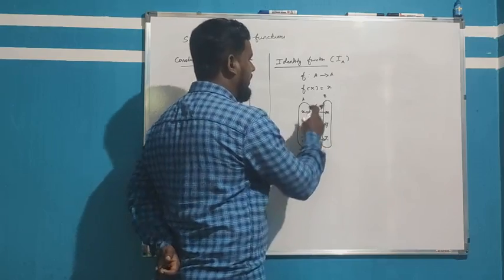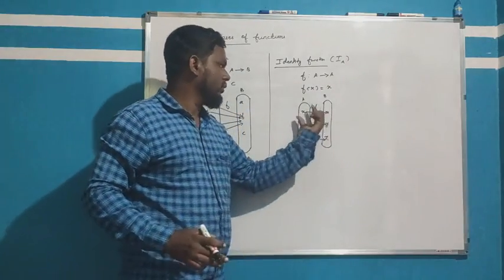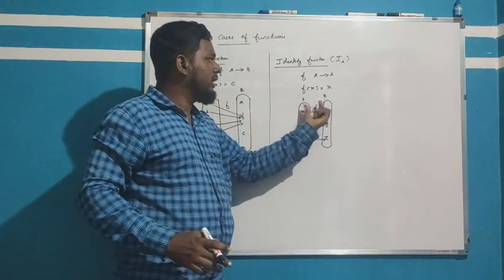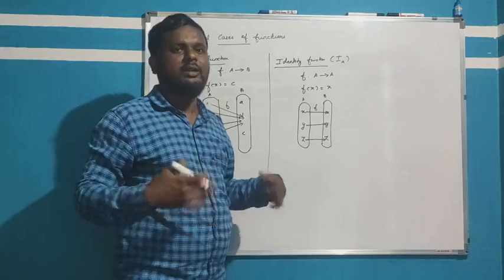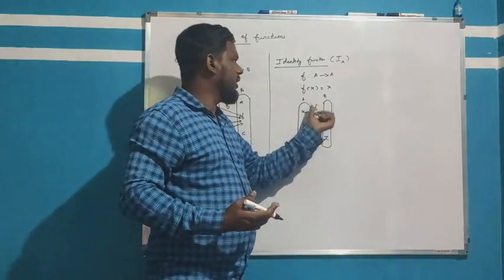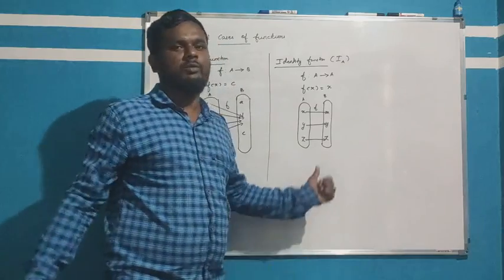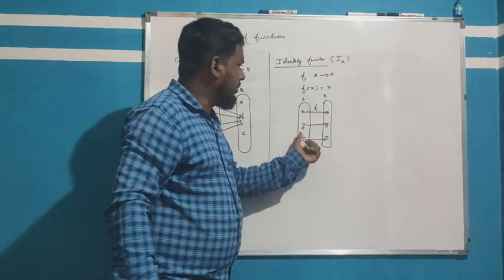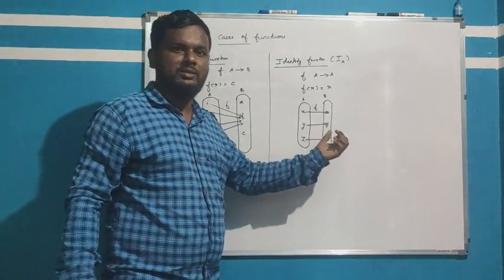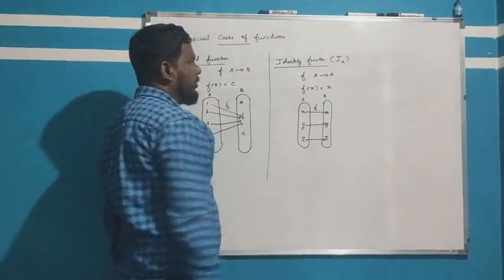So it is f from A to A. The A set and B set are the same. So f from A to A, the B set is also of the A type. So every preimage and image are equal elements. The same elements there means we can say identity function, f of x equal to x.